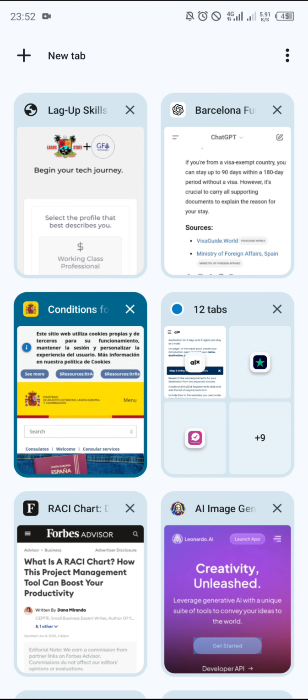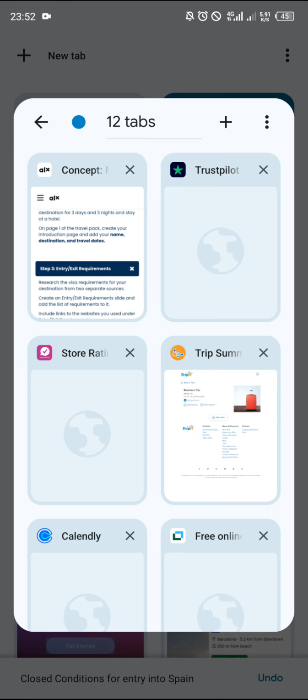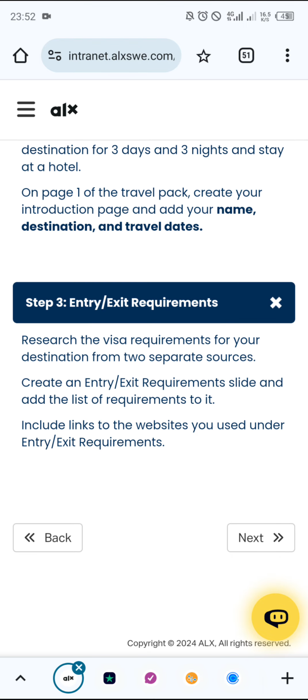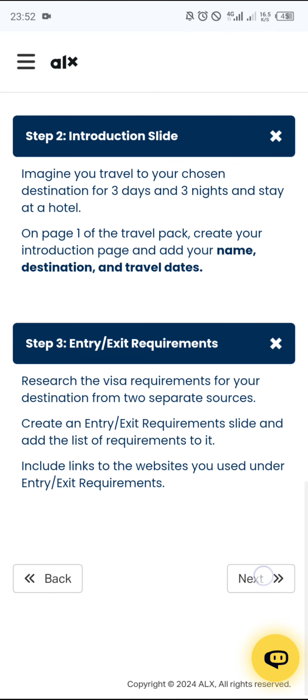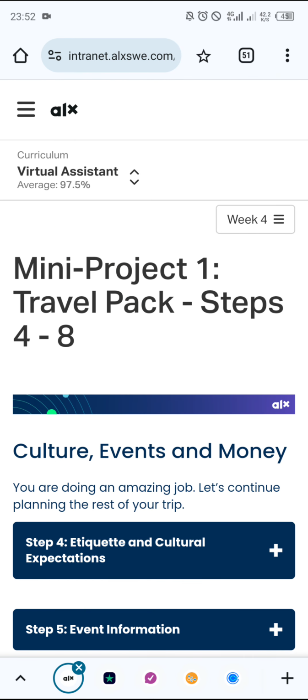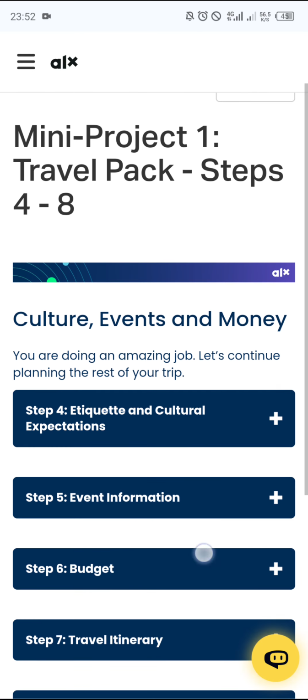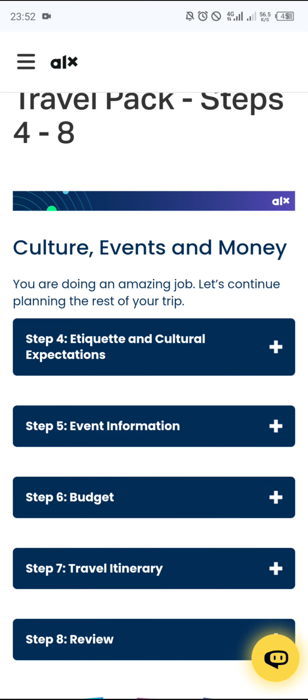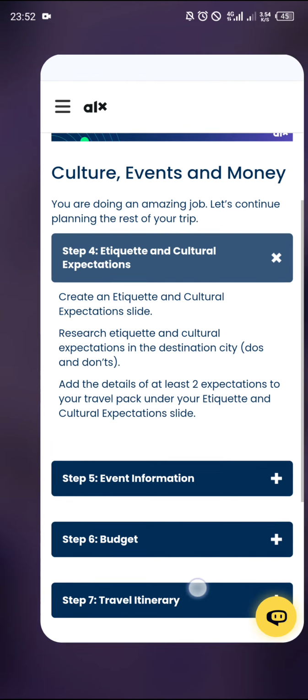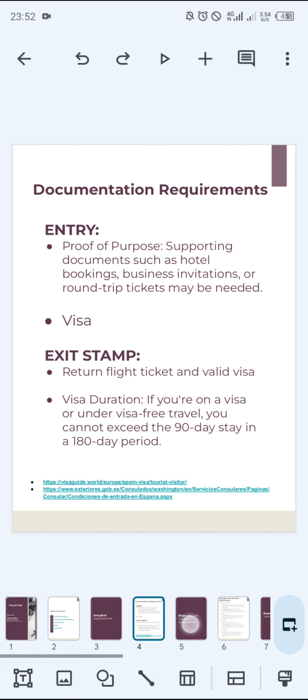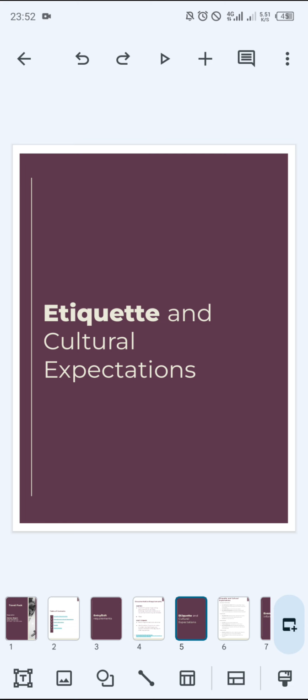So what is the next thing we are supposed to do here? Let's go to the next phase of it. So we have done 1 to 3. Now we are going to mini pack 4 to 8. The next thing is etiquette and cultural expectation. Now we have a slide for etiquette and cultural expectation. So this is like making it easy for you. I've already done mine. So since I've done mine, it just follows all we need to do in the milestone,